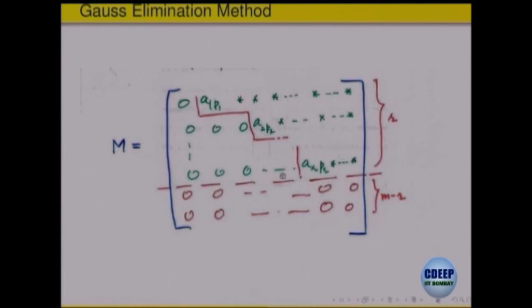The only condition we want is that there should be a number r, for an m cross n matrix, so that the bottom rows are all 0 and the top r rows have at least one non-zero entry somewhere. Now we want to describe where it has it. We start with the first one, which comes in column P1. For the second row the non-zero entry should come at a column P2, which is bigger than P1. We are not saying it should be the next one, we are not saying even that.